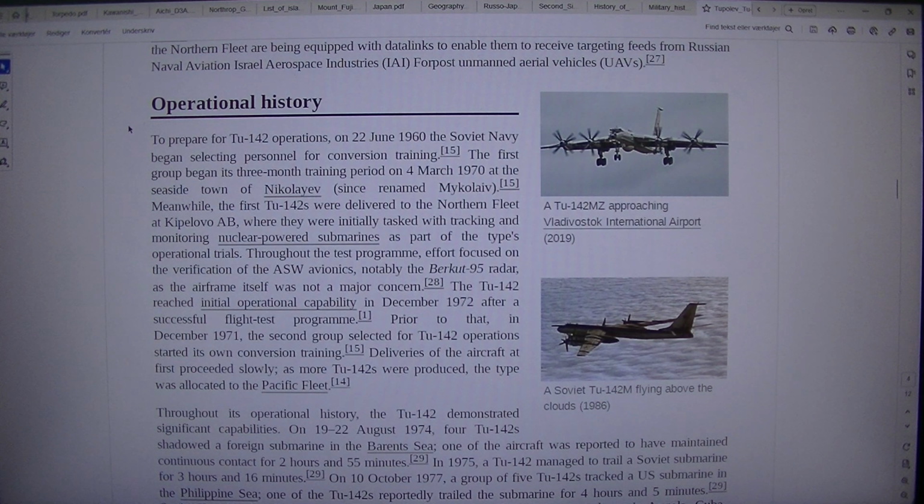UAVs. A Tu-142MZ approaching Vladivostok International Airport, 2019. Operational history. A four-engine prop-driven aircraft flying above white clouds. A Soviet Tu-142M flying above the clouds. In 1986, to prepare for Tu-142 operations,